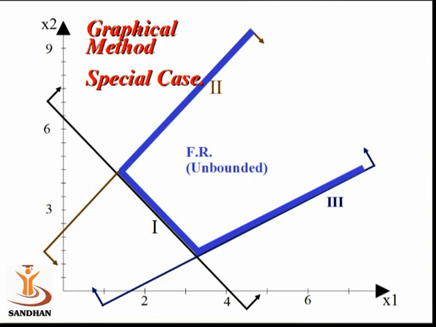The value of the objective function may increase like anything, and in this case we say that it is an unbounded solution case and our feasible region is also unbounded. So we can claim like this, that if our feasible region is unbounded and it is a case of maximization, then such questions will have an unbounded solution.